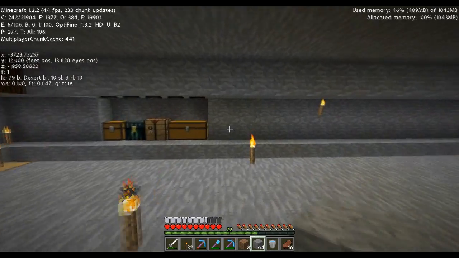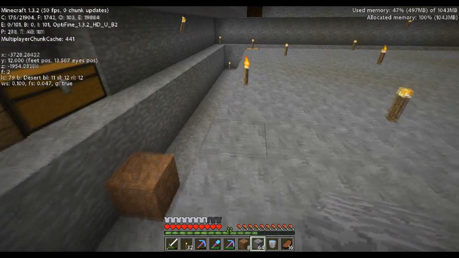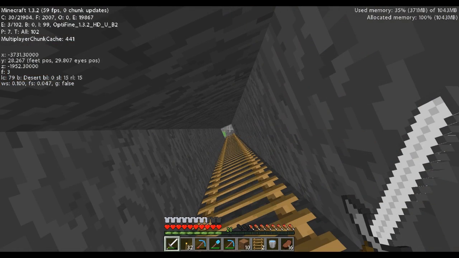So let me get everything together. Let me get a ladder built so I can get out of here, and we will see each other in a second. Okay, so I went back, I brought my stuff back, and as you can see, I'm only at level 26. So I have a bunch of other stuff